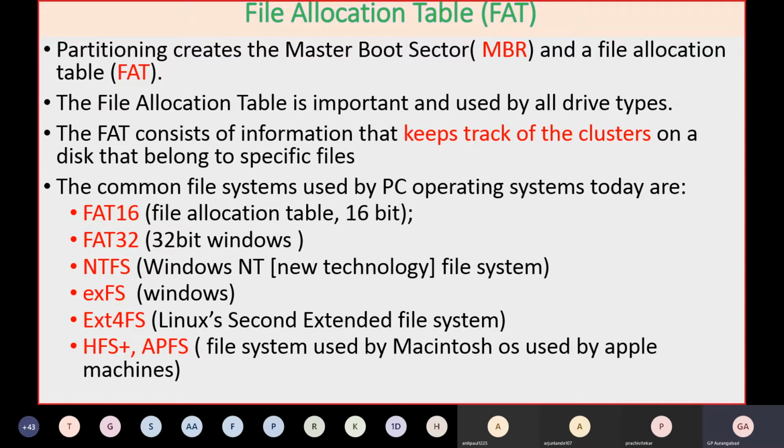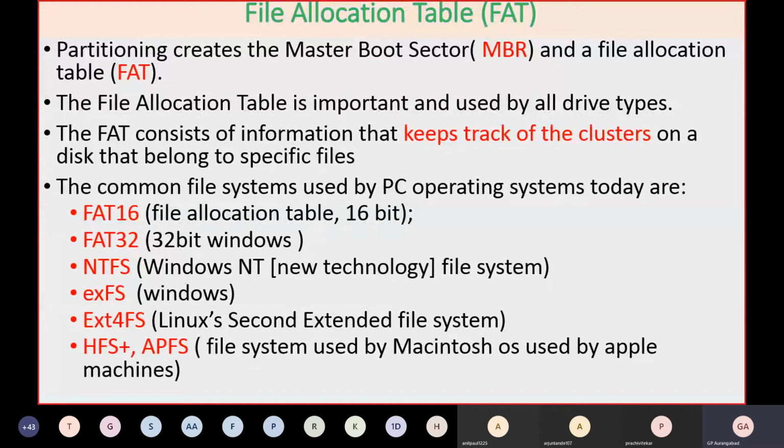Now, based on the operating system, different types of file systems are used. The major file systems used today are FAT16, FAT32, NTFS and EXFS. These are the four file systems normally used by Windows. Now I'll say FAT16 nobody uses now.